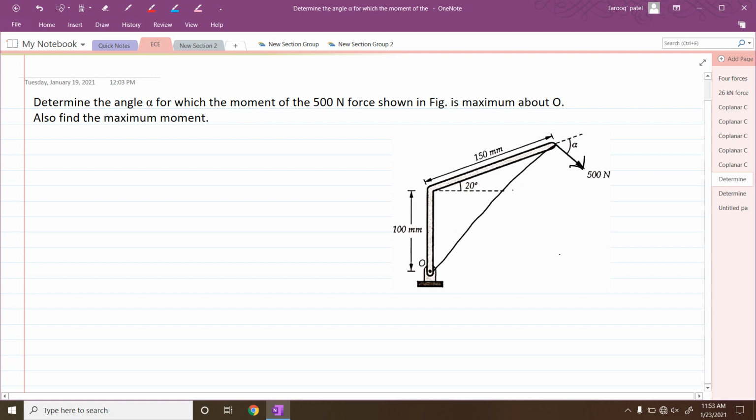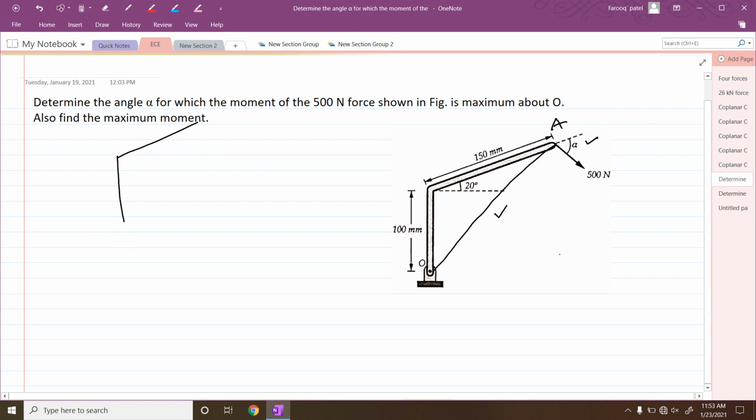So for example, now we have to calculate what this length will be and what the angle required will be. So we have to apply this 500 Newton force perpendicular to this line. I will mark this as A, to this line OA. Then this 500 Newton force will create a maximum moment. So let us try to calculate this length OA. Somewhere here I will draw it once again.